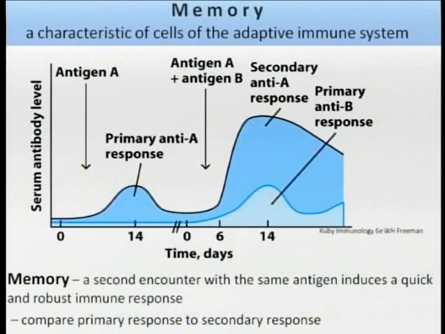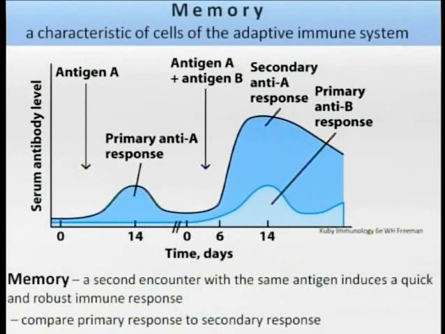and much more robustly. So this is a graph showing you antibody level. Again, antibodies are secreted by B cells, one of the cells of the adaptive immune system. And on the x-axis we have time. So as you can see here, if you were to inject, and this is a mouse, with antigen A at roughly time 0, in order to start to produce antibody, your primary anti-A antibody response would take about 14